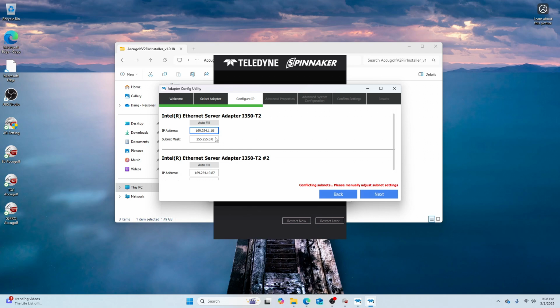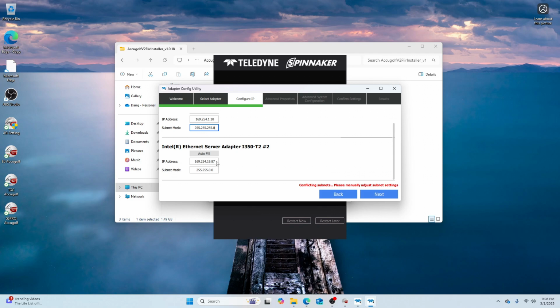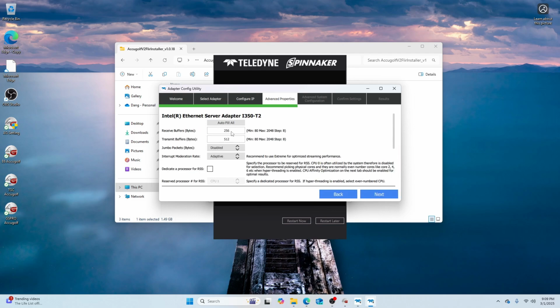169.254.1.10, and on the subnet mask we're going to do 255.255.255.0. Now you're going to scroll down to the second IP address and you're going to type 169.254.10.20, and on the subnet mask next to it, it's going to be the same thing, 255.255.255.0. And we're going to go next, and on the receive bytes, we're going to type 2048,